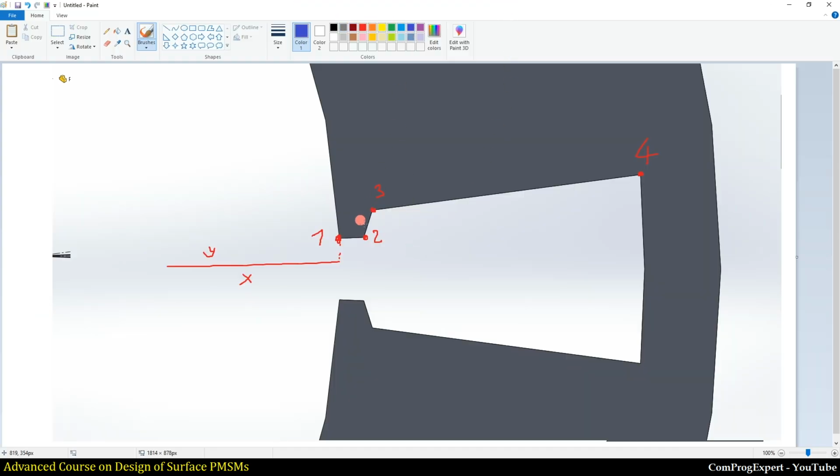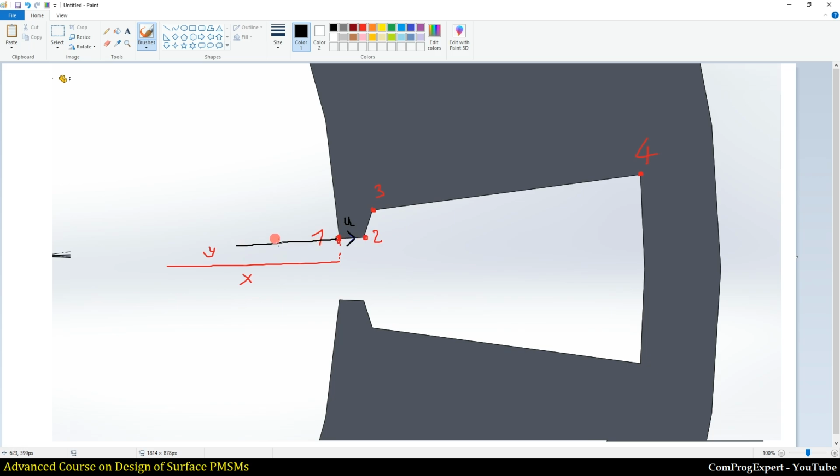If we know the unit vector, this is u, we can move in this direction and calculate the x and y coordinates of the point number 2.